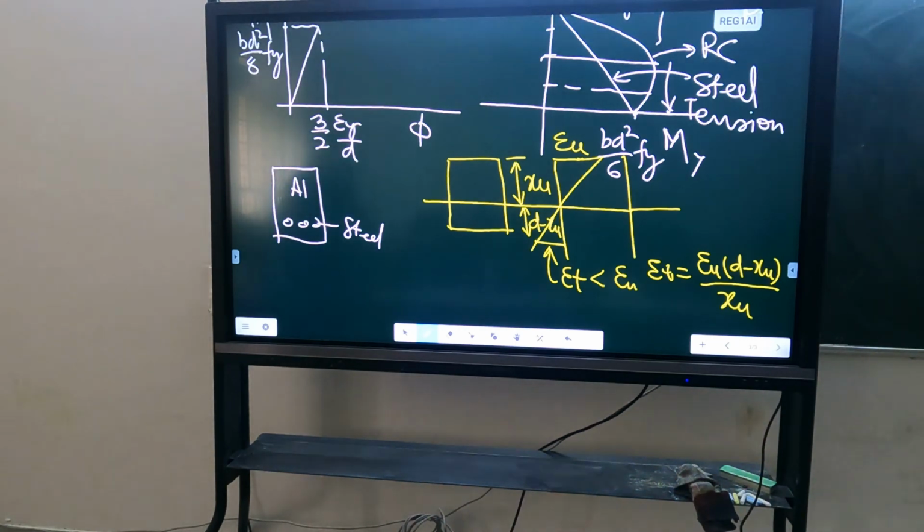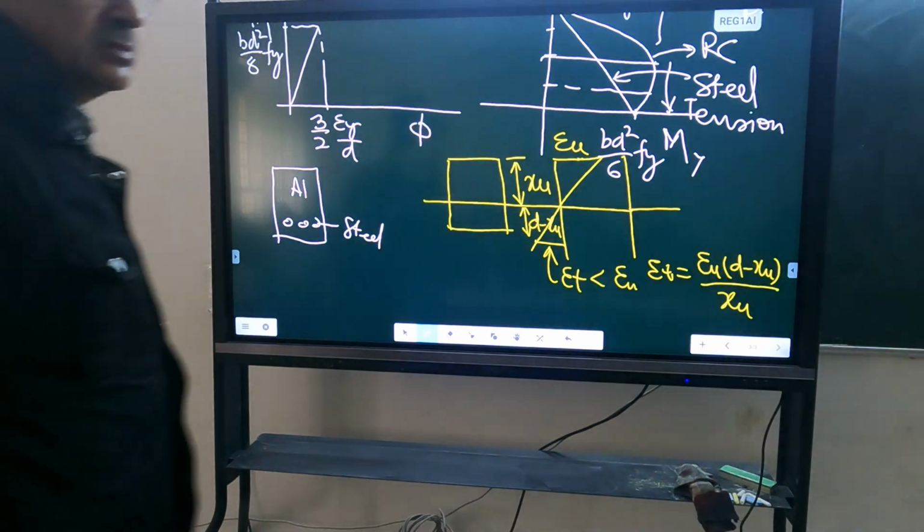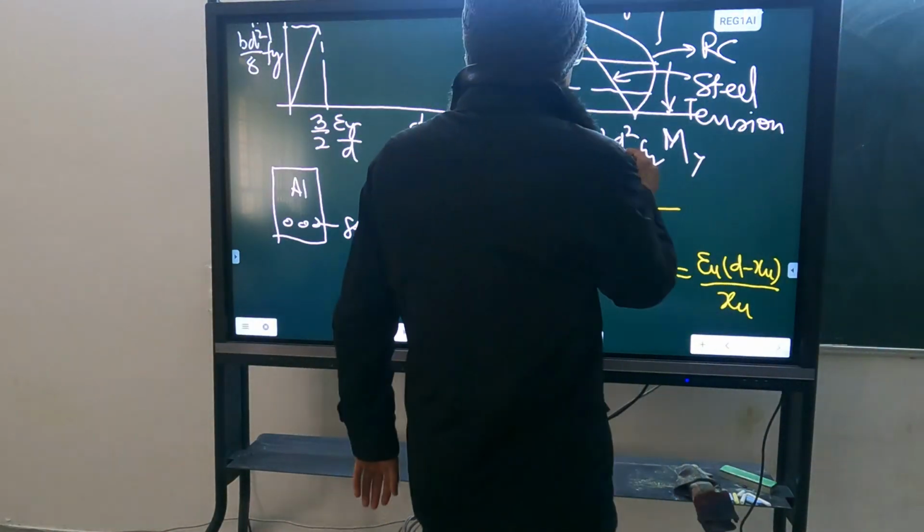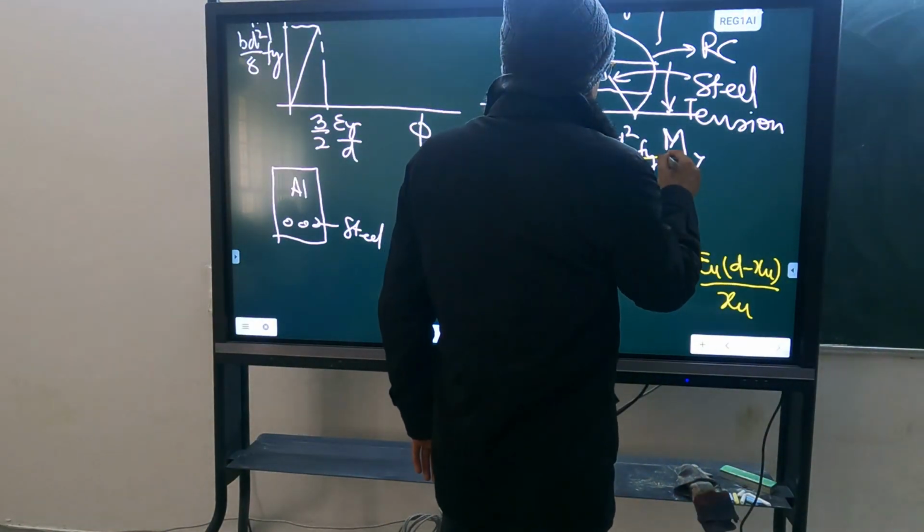So where do you expect the neutral axis? For this, we have already calculated for m by dash. So the neutral axis is somewhere to the. So in that case, how will it look like? So it will look like